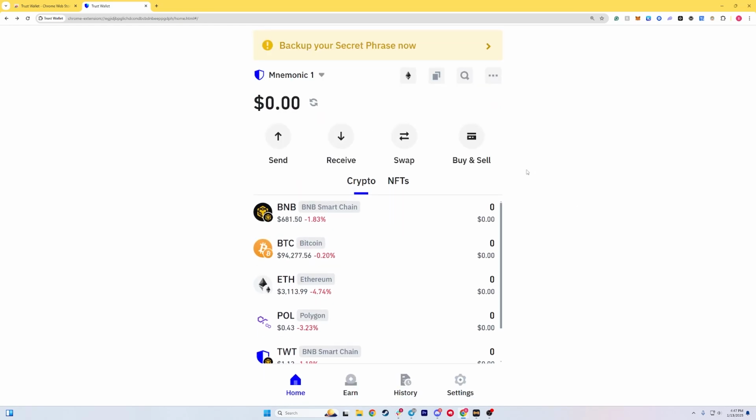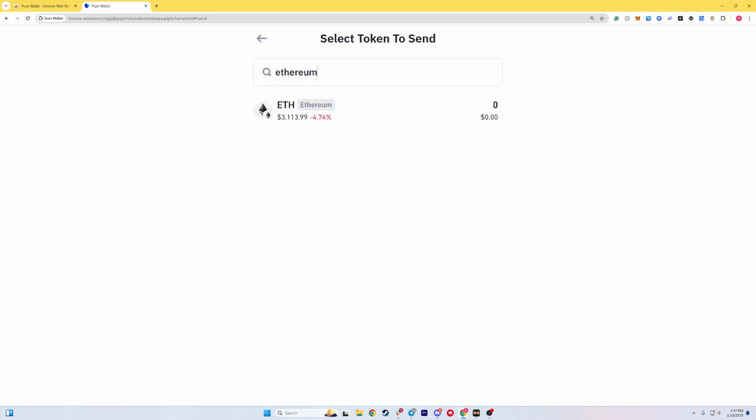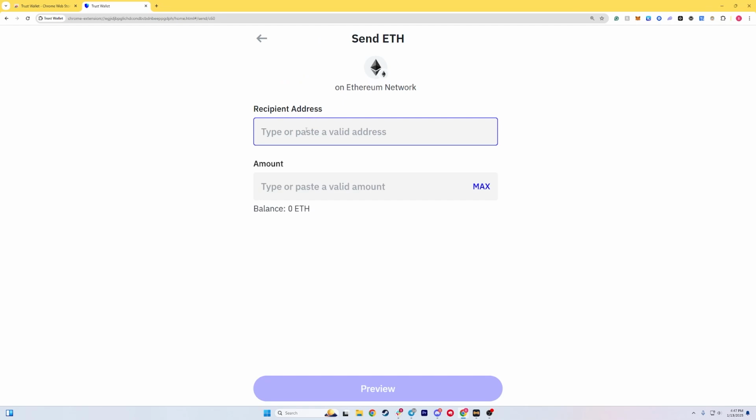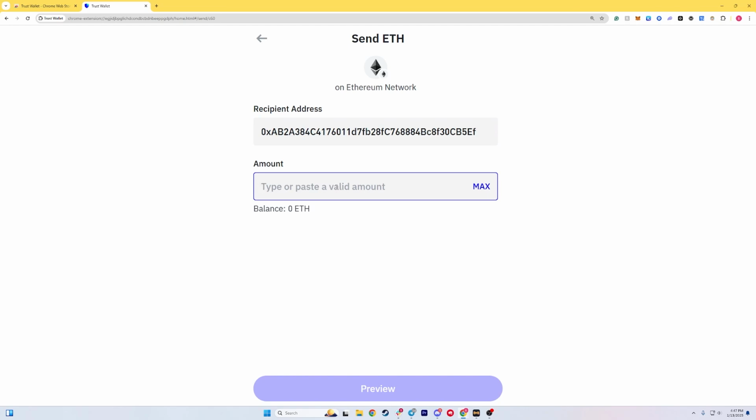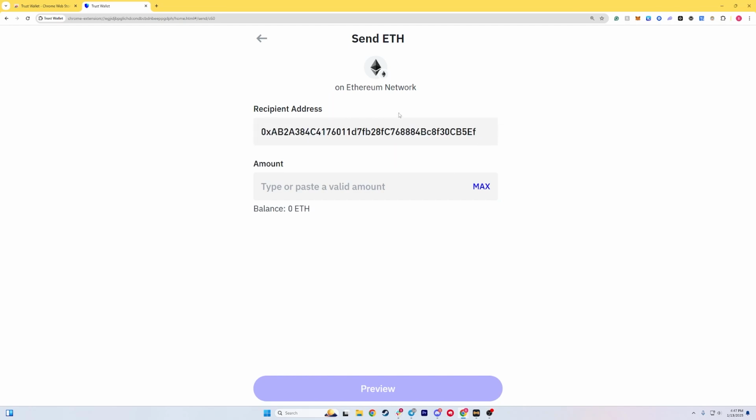Well, if I want to actually send Ethereum away from my Trust Wallet instead of to it, then I'm going to go on the send button. Now from the send button over here, again, I'm going to type in Ethereum. It's going to say, hey, where would you like to send this Ethereum? Well, I'm going to have to go get that receive or that deposit address from the other location because we're sending it away. And this is where I'm going to be putting that. So I could paste that in here from wherever I copy it from. I'm just using my address that I just copied a second ago. So this isn't a real address that I could send it to because it's just my own deposit address for Trust Wallet. And then I can determine the amount of Ethereum that I want to send. I'd say, hey, I want to send 1 Ethereum to this address,